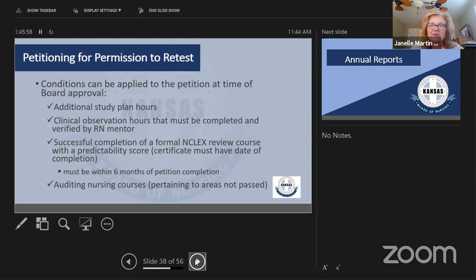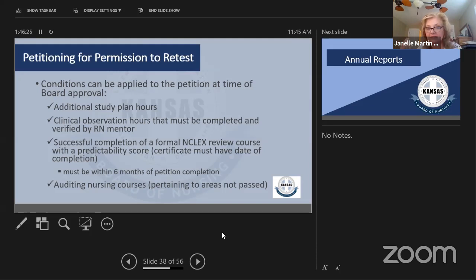What I often get from program administrators is the question of, am I required to let somebody audit a nursing course? This is one of the catch-22s. It's a condition the board has put on this person. Not every school allows auditing. Some nursing programs do, some don't. Some have trouble.